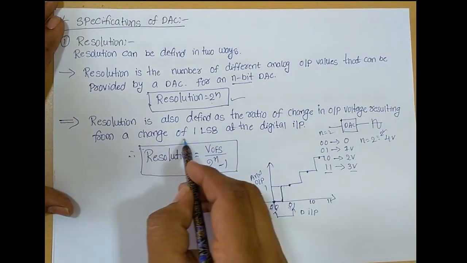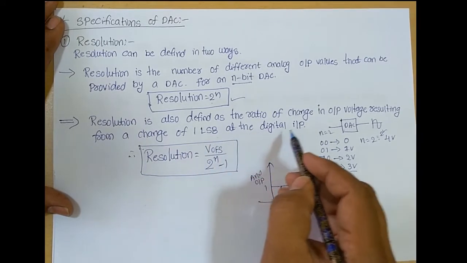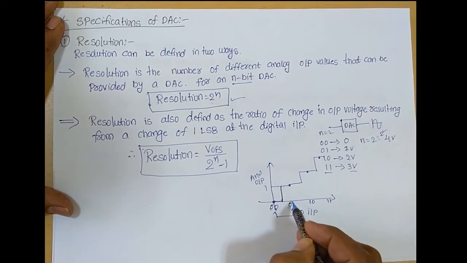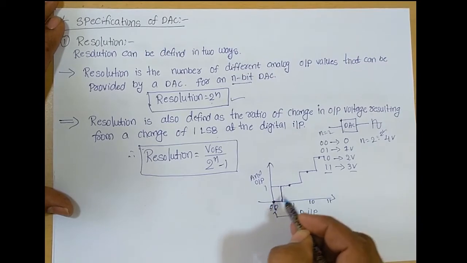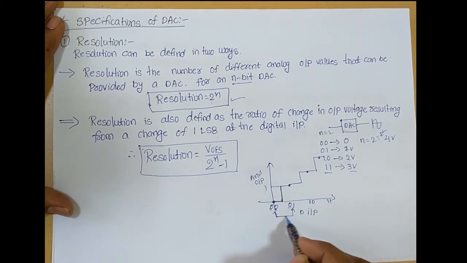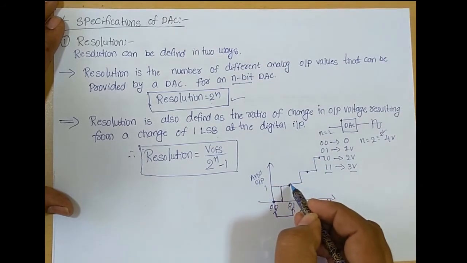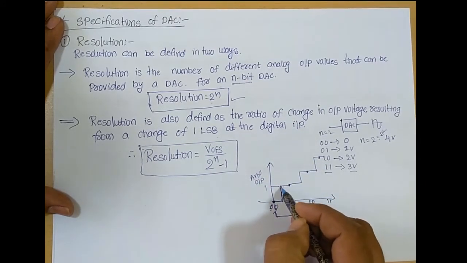The other definition of resolution is the ratio of change in output voltage resulting from a change of one LSB at the digital input. It means that, as I already explained, here we give the inputs 0 0 and 0 1, and we get the output voltages 0 volts and 1 volt. Comparing these two input signals, only one LSB bit has changed. The change of this LSB causes the analog output voltage change, which we consider as a resolution or